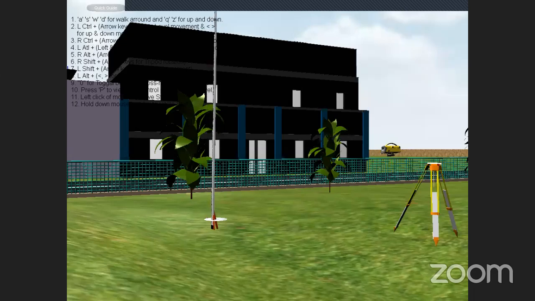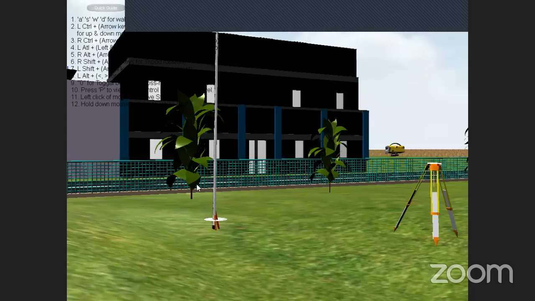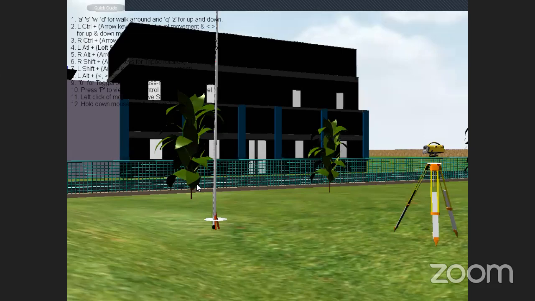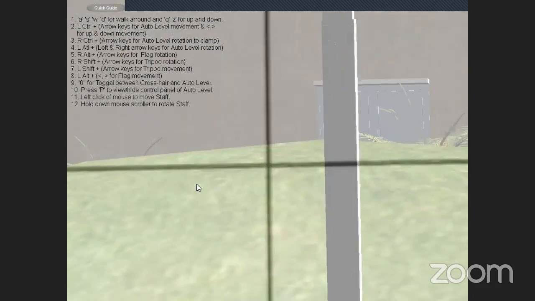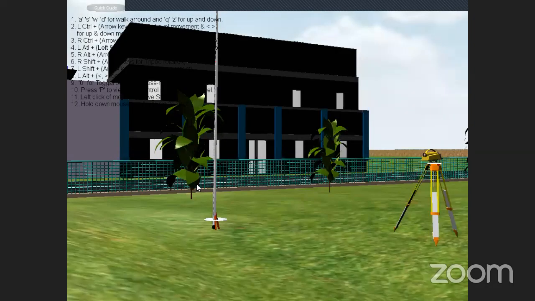Now I am going to rotate my staff by using the middle button of the mouse. Staff and telescope also. Telescope I am going to keep on the tripod. Now rotate the staff.